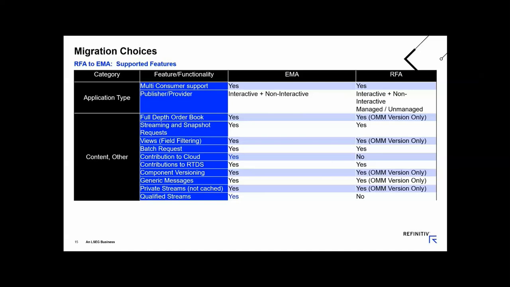Now, after looking at these tables, you may think, well, RFA OMM and EMA appear to be quite closely matched in terms of other functionality, so why should I upgrade? Well, even putting aside the ease of use, the learning, the code and maintenance and so on, perhaps even more significant is long-term support in terms of compilers, new features, and the possibility of enhancement requests for EMA, as with all the other strategic APIs, which is not something you can continue to expect with the legacy APIs going forward.